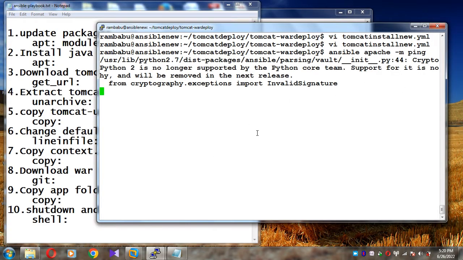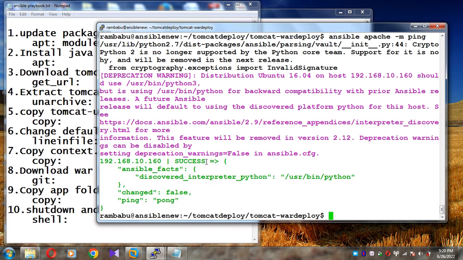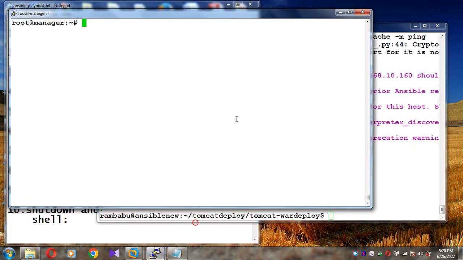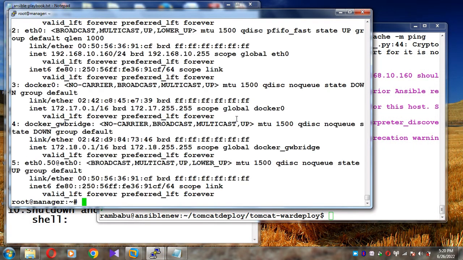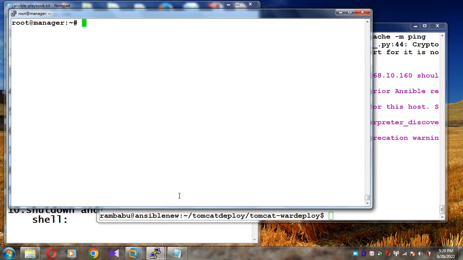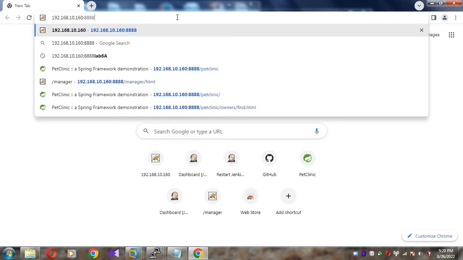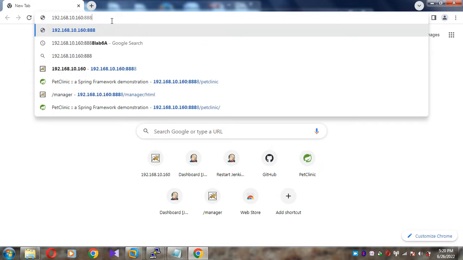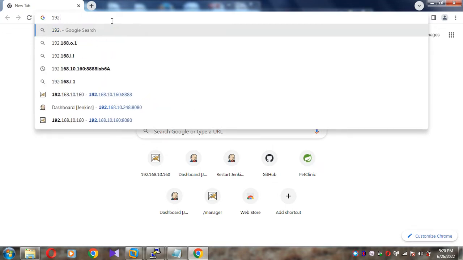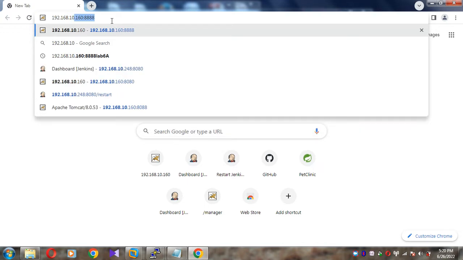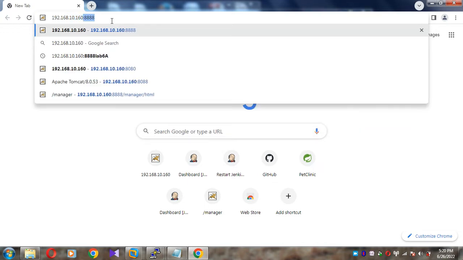Yes, we are successfully getting the ping response. The IP address of that node server is 192.168.10.160. Go to the browser and check whether any Tomcat server is running or not. 192.168.10.160. There is no